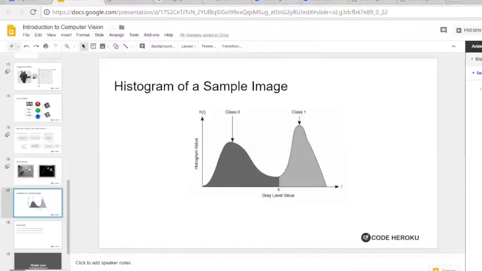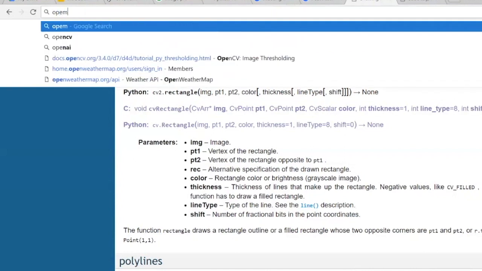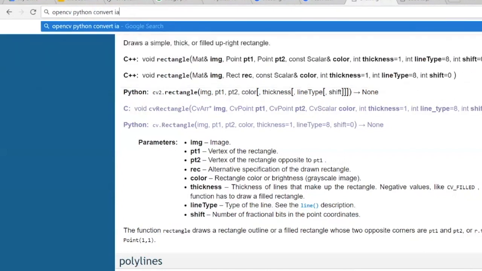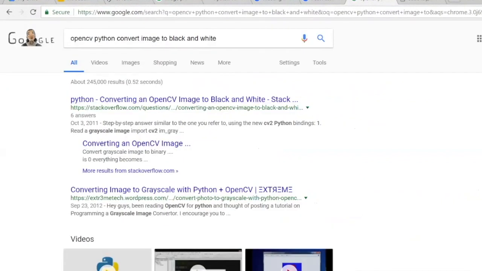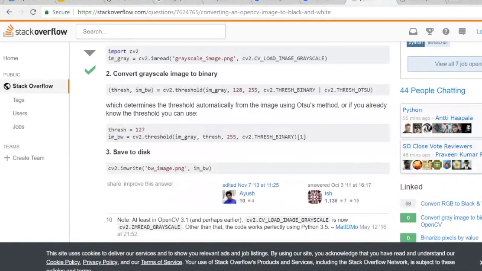Here's how I would go about searching it. I'm going to go back to Google and I'm going to say OpenCV, Python, and we want to convert image to black and white. Let's say we go to our first Stack Overflow question. Again, we just want to use Stack Overflow as a reference, and then maybe we could look at the function parameters as well.